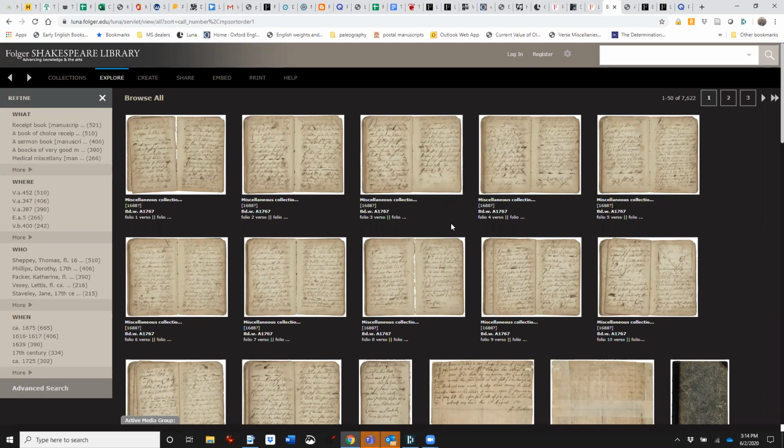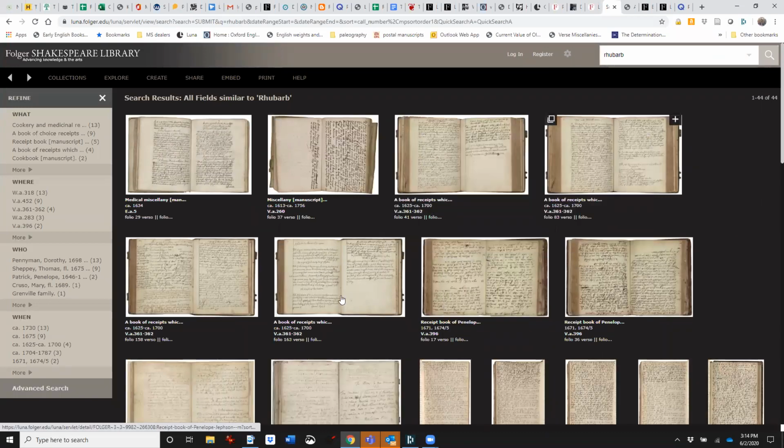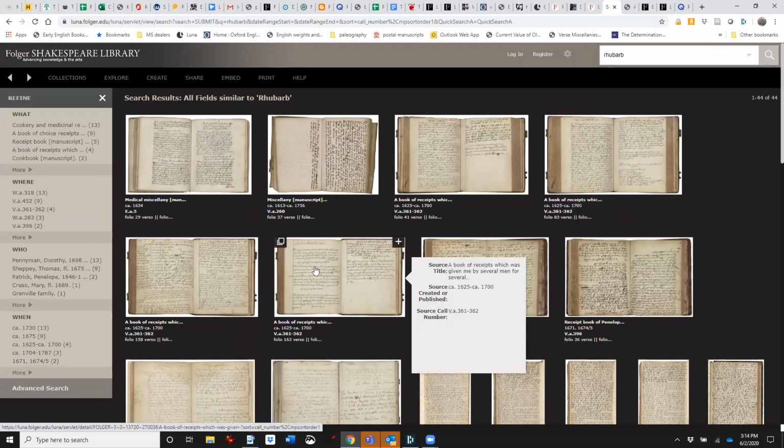There's a heavy dose of recipe books that are transcribed on here right now, but there are also many, many other things as well. Let me just show you, you could type in a word like rhubarb, and it'll pull up all of the pages that have the word rhubarb in them.